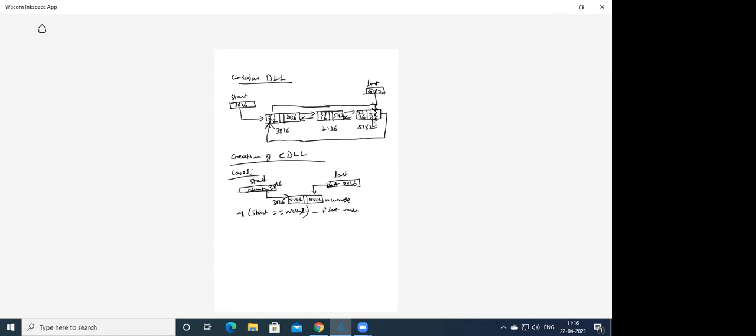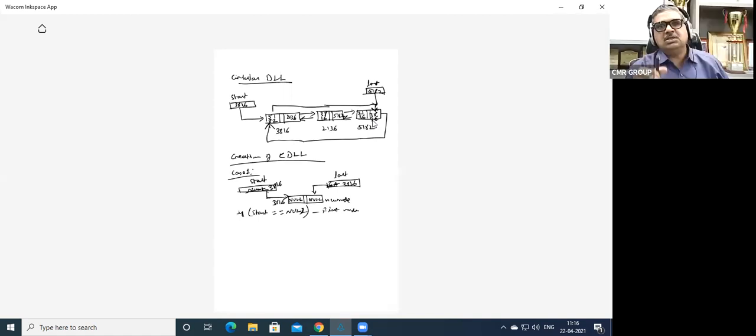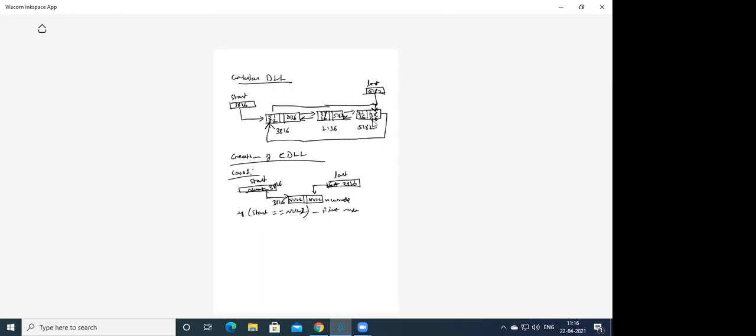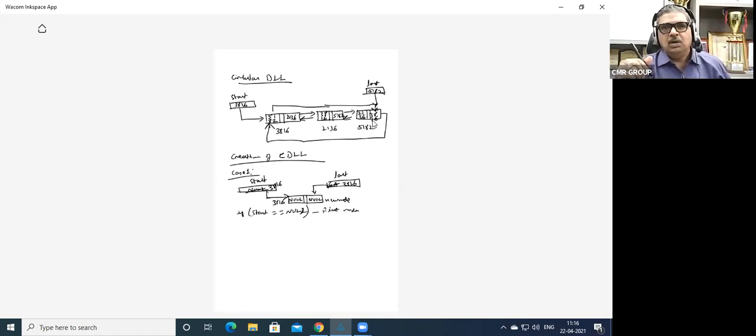Null, sir. No, it cannot be null. It is to be circular, na? Circular means this new node which has come is a first node, as well as the last node. If it is the last node, what will happen? The last node RPTR would be equal to start. And if it is the first node, then the start arrow LPTR is equal to last. Are you getting the point or not? Right? So it would be like this.